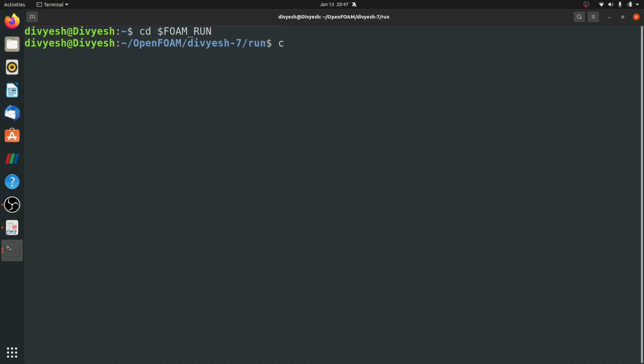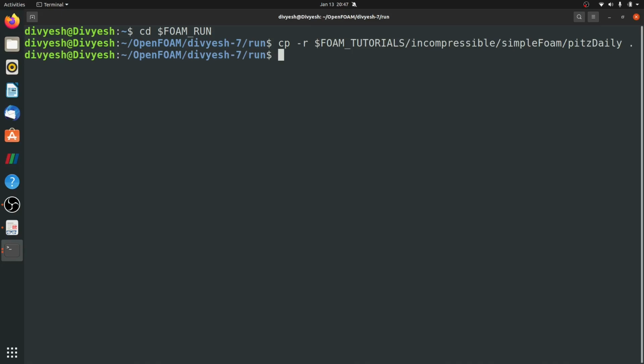Now let me copy the pitzDaily case: cp -r $FOAM_TUTORIALS, then incompressible, then simpleFoam, then pitzDaily, then space and dot. So we are copying this pitzDaily case into our run directory. By hitting enter, I have copied the case file.